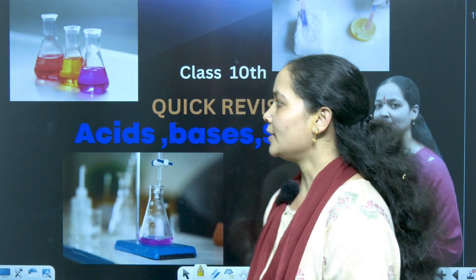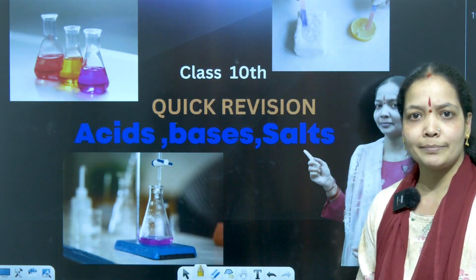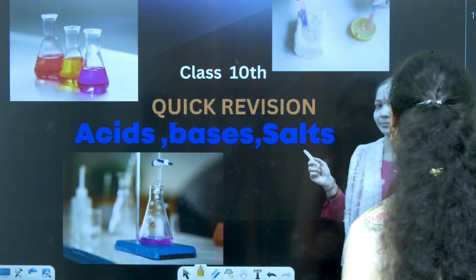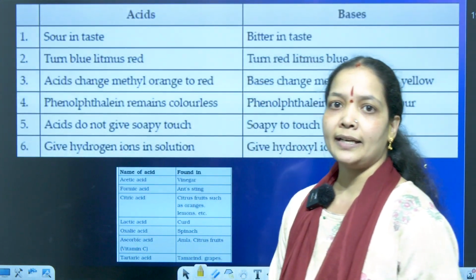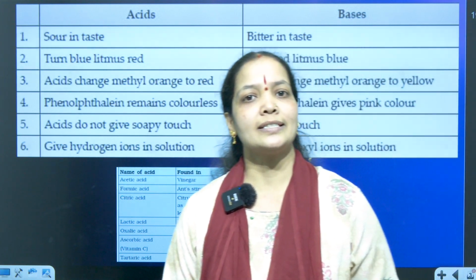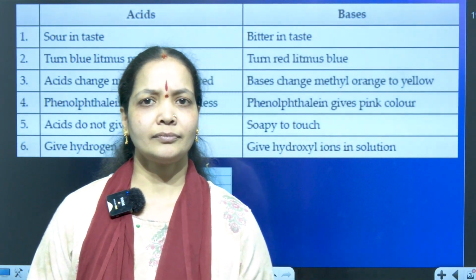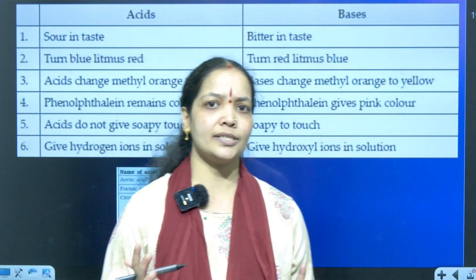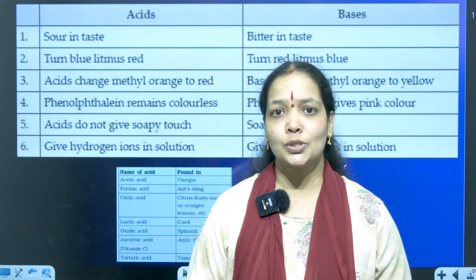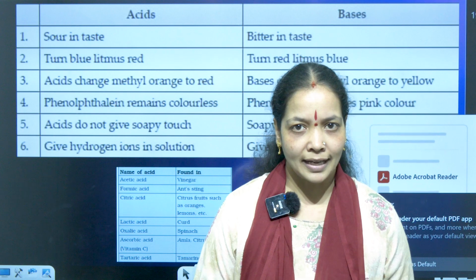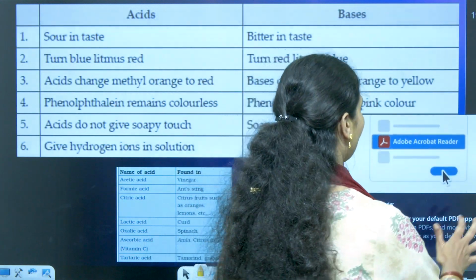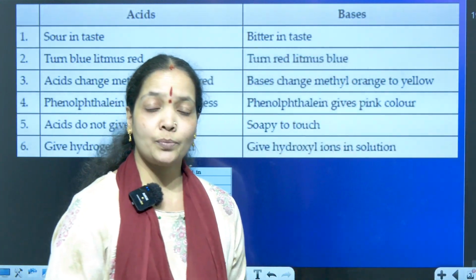Alright, so in this chapter we are majorly focusing on acids, bases and salts, my dear kids. So let us move on with the first slide here. What are the important things and definitions that we have to analyze? What's an acid and what's a base? Whenever we have two different substances given to us, we can't taste those two substances and identify whether it's an acid or a base. For that, we need certain important properties with which we'll analyze.